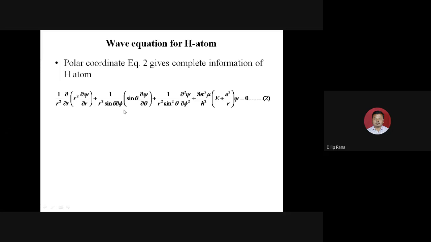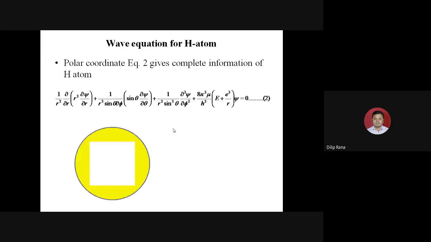Theta and phi are the angular functions. Now let's separate these variables, because if we see the equation, there is a combination of things in it. Here the radial and angular functions are taken together. So it becomes very important to separate the variables to have an individual equation for the radial part,